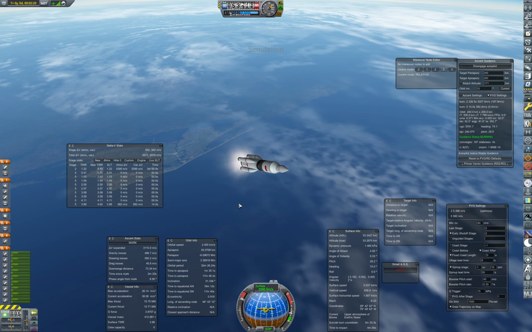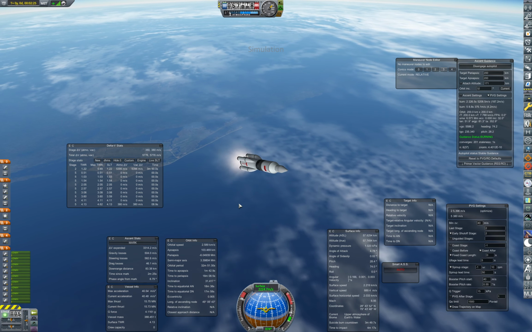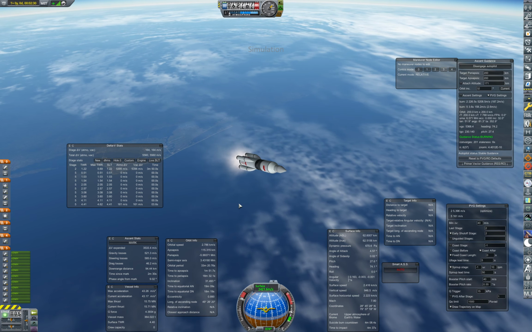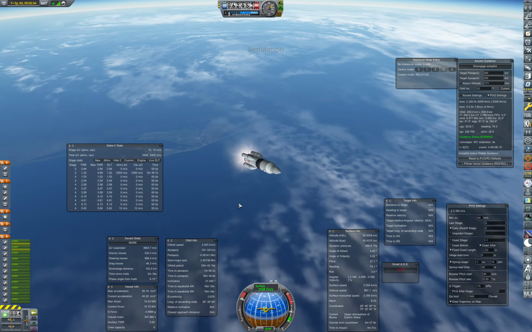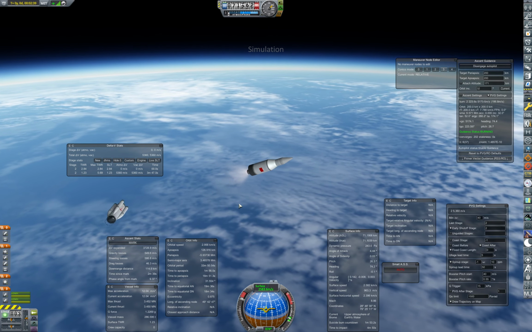So how many side pods are you thinking of having? Proton 6. Okay. I mean, 8 would be correct with a center engine, but actually 8 would fit correctly on this thing. But I'm just not sure that